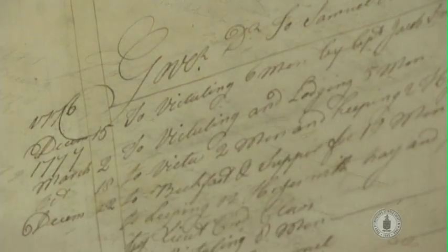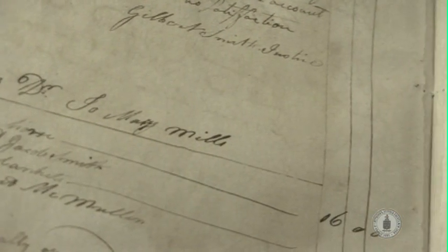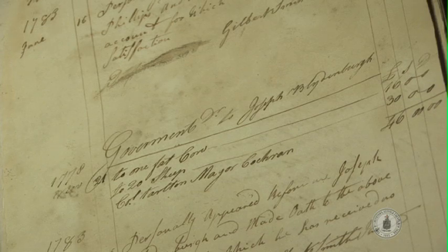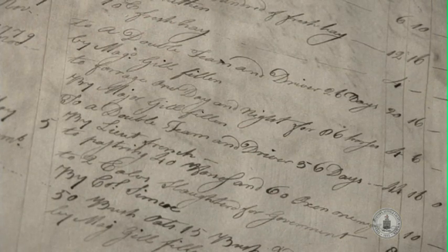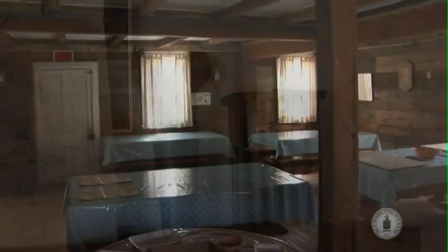They took 1,838 feet of boards, probably off his barns. It took 16 turkeys, 3 geese, 30 chickens, 4 axes, a grinding stone and a crank, a barrel, all kinds of things. And you can only wonder what this marauding band of soldiers was doing in the tavern and who